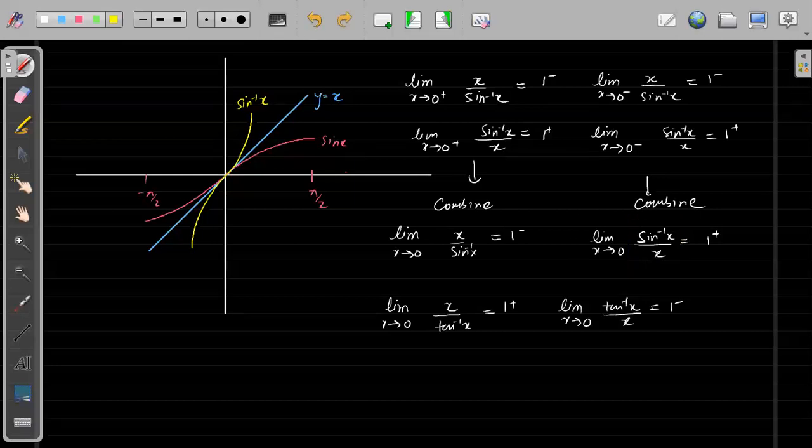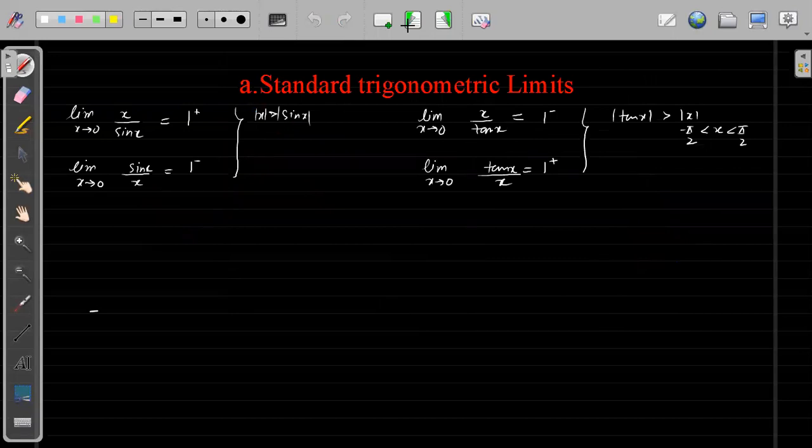And suppose instead of greatest integer they have given fractional part, then what will be the answer? Very good, right? So in the previous case also, if they have given this, the answer we know will be 1, right? Yes, if they have given fractional part, then the answer will be 0. If in this case they have given greatest integer, the answer will be 0. And if they have given fractional part, then the answer will be almost 1. Yes, very good, right? Same thing we can do for tan x also.